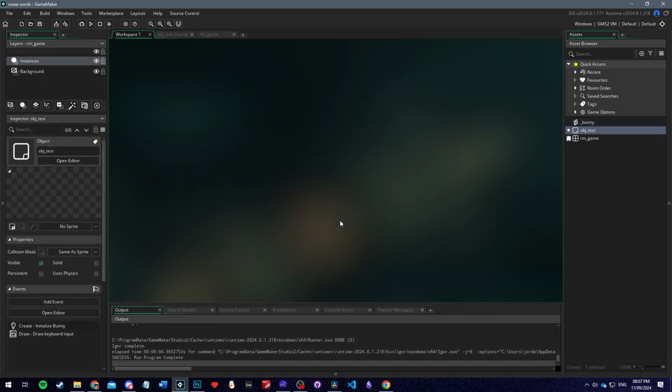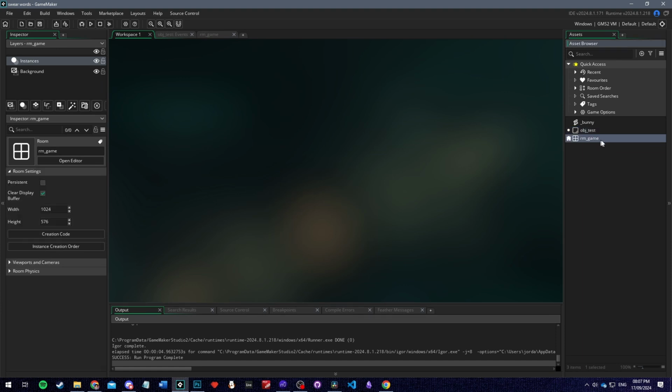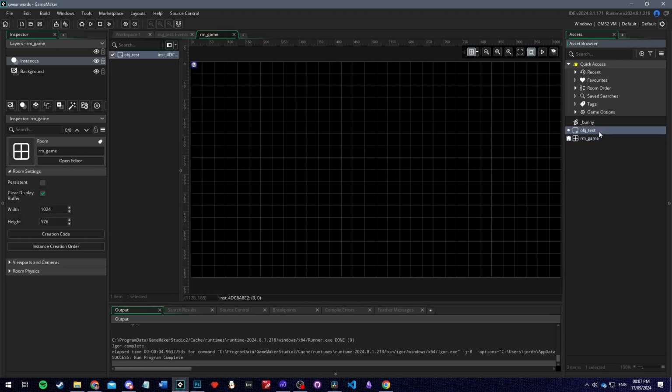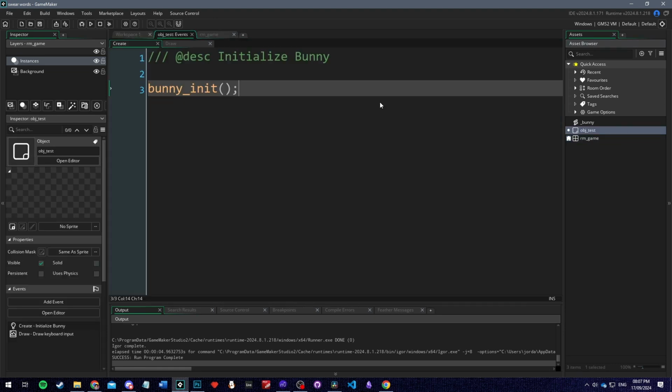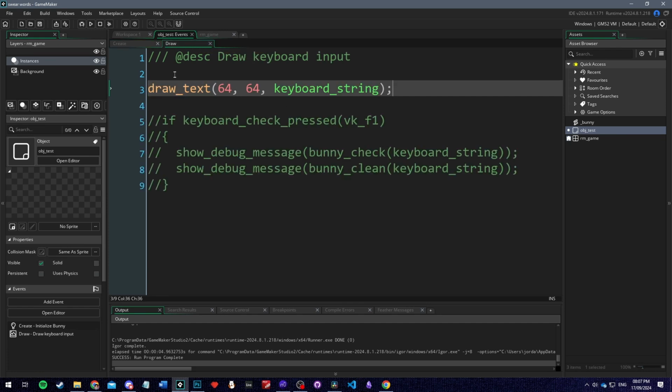For the sake of this demonstration, I'm going to create a room called rmGame and an object called objTest. Then I'll place the object inside that room. Inside the create event of objTest, just call the function bunnyInit. Then, inside the draw event, we're going to draw whatever we're typing on screen. Start by writing